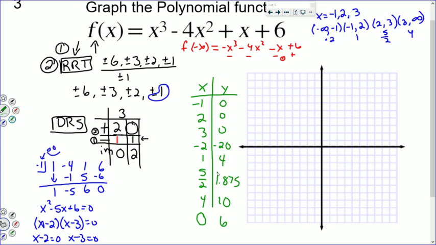So once we have these points, we can go ahead and plot them. -1, 0. Let's see, 2, 0. 3, 0. Let's see, -2 is way down here at -20. 1 is at 4, so 1, 2, 3, 4. 0 is at 6. 5 halves, which is right in between 2 and 3, is at 1.875, so we're like right here. And then